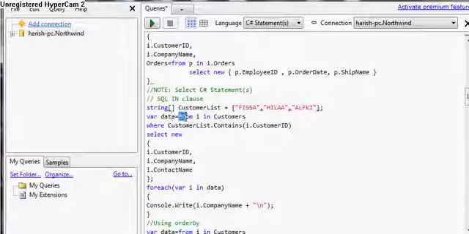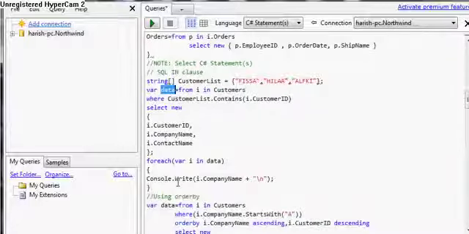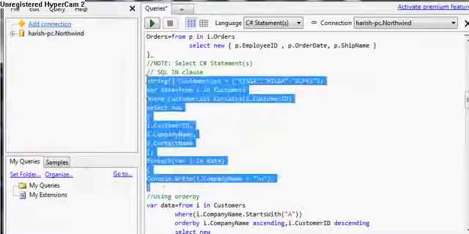I have to write the query from i in customers where customerList.Contains(i.CustomerID). What I am saying is I want all the customers which are contained in this array, and the rest of the part is the same. Select i.CustomerID, customer name, and contact name. After this, the query will return the result in data, which is a variable object. And after that I have used a foreach where i in data, and I have written it to the console, selecting i.CompanyName, and if I execute this one,